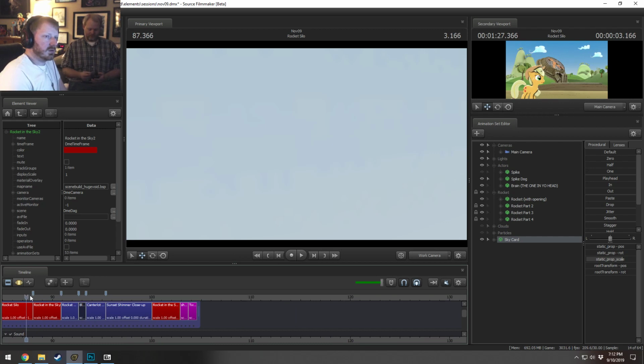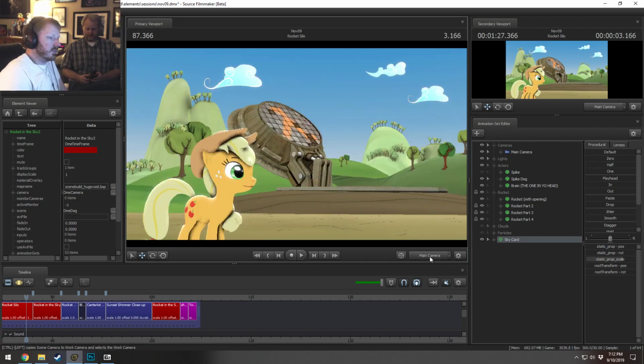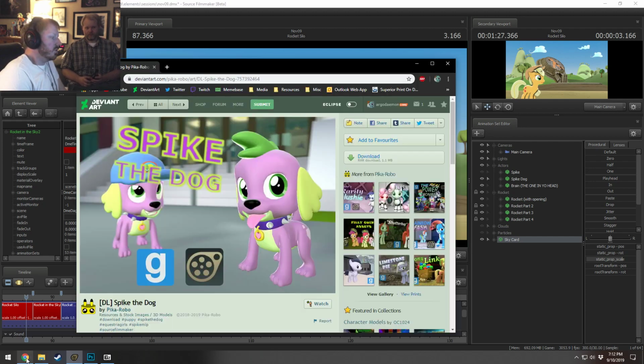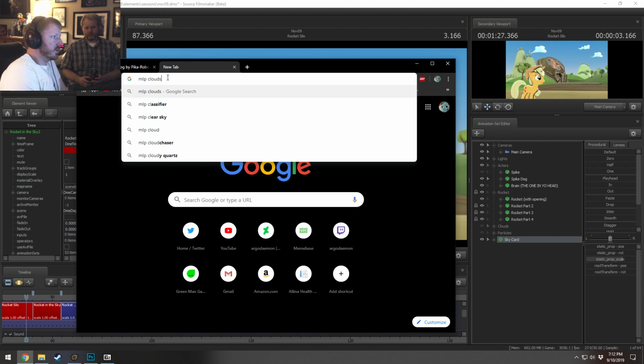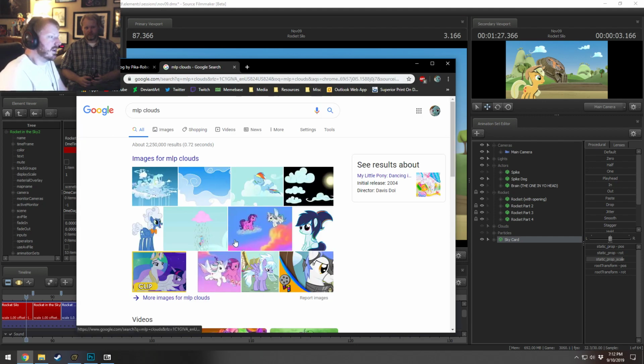Texture. That one. No, because it wouldn't matter then. This was just a blue sky I could do. If I want to maintain these types of clouds, no. So instead, we're going to look up MLP clouds. Well, and actually,